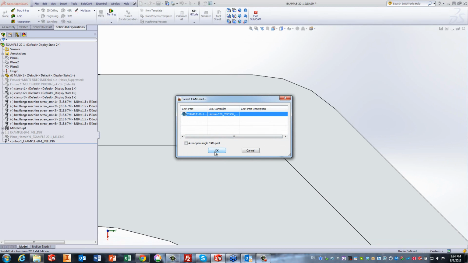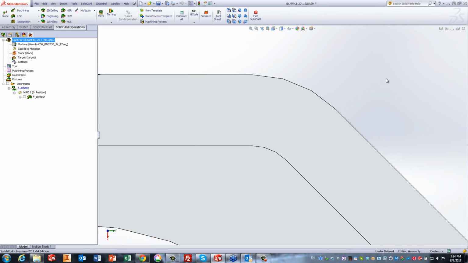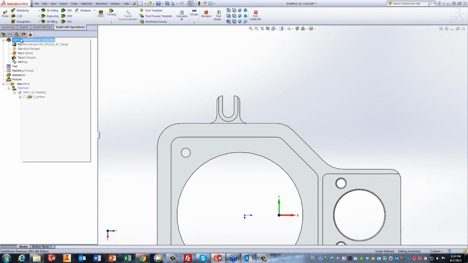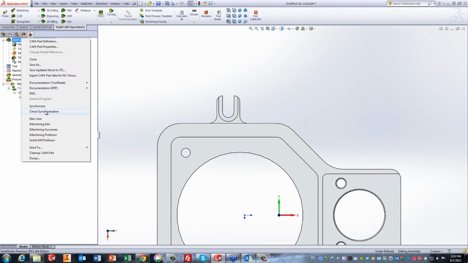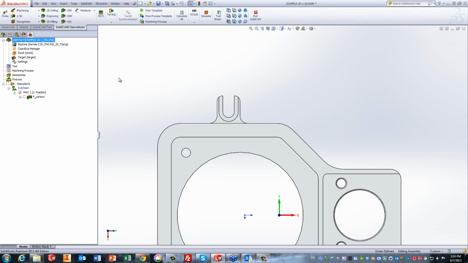Open up my project. Now note, this has been changed to 25 millimeters. If I go into check synchronization, it found the difference. So even if the part was outside of the assembly itself, and there was a different